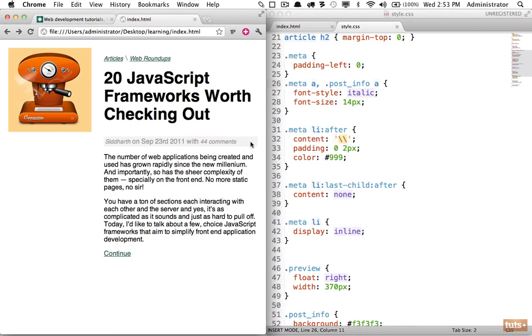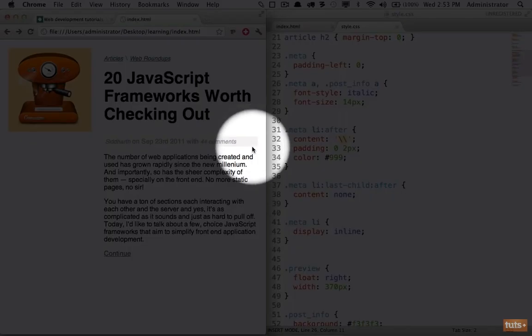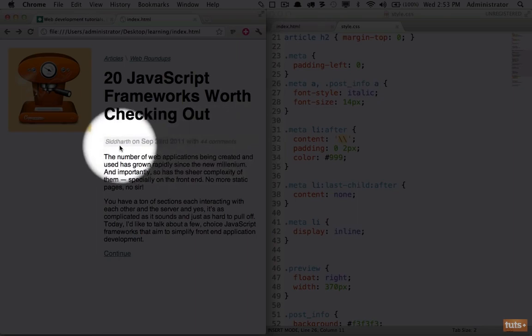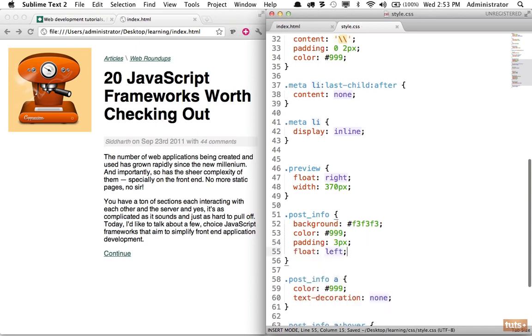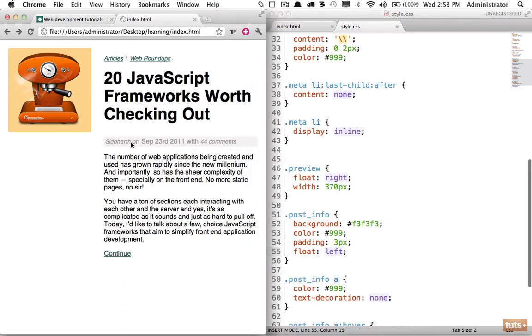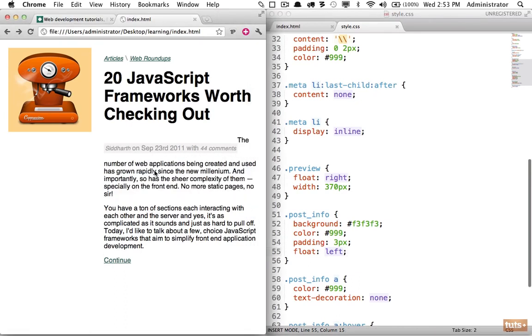Next, let's see what is happening here where we have all of this extra space. And that's because, again, this is set to a display of block, so it's going to take up all of the space available. If we want to override that, one way, and we call this shrink wrapping, is you float it to the left, and that will make sure that it only contains exactly as much as what's contained within the element. Reload, and now you can see